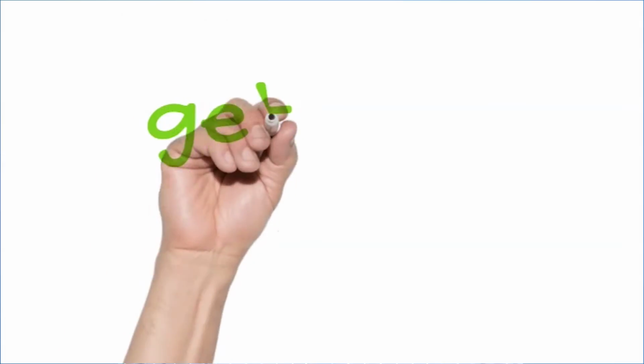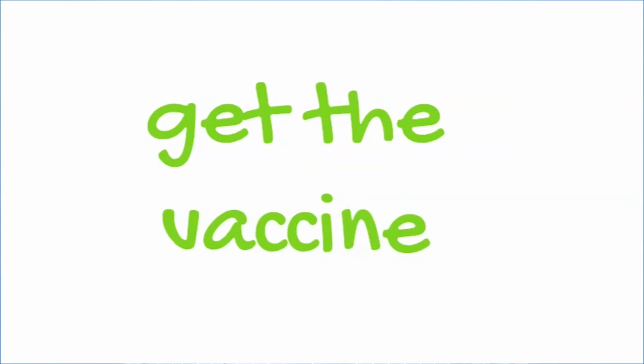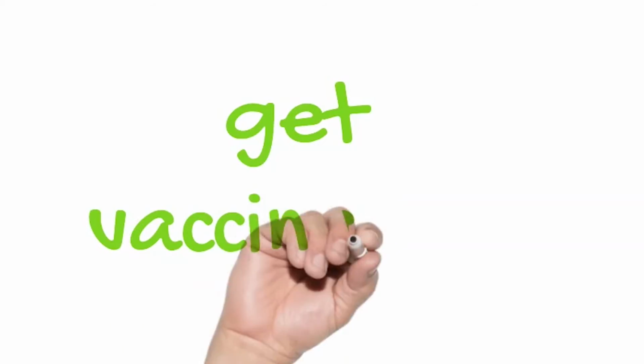The next one is a collocation that's very good to know, and that is to get the vaccine. So I talk to students all day, and they're often confused about how to express the idea of receiving the vaccine. In some languages, they say to put the vaccine or to vaccine. But in English, you say you get the vaccine. Or you can say you get vaccinated. Okay? But if you say it that way, it needs to be in the passive. You get vaccinated.